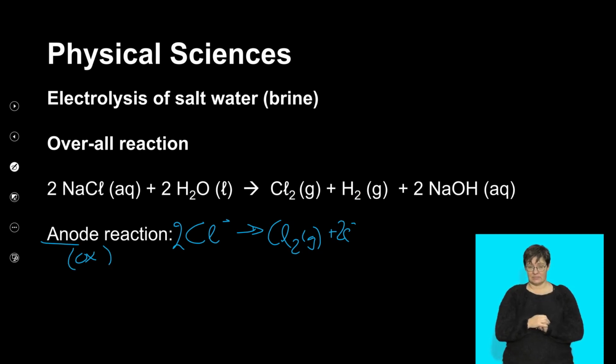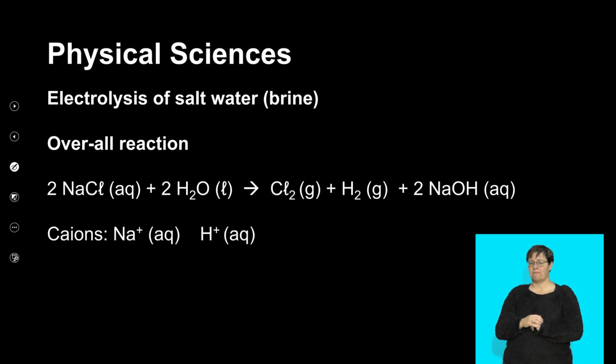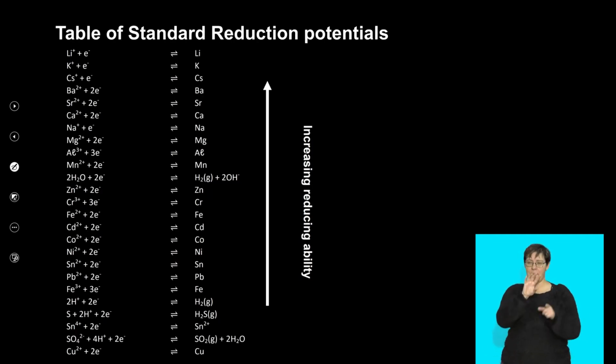Very good. Now, what about the cations in the solution? What about the cations in the solution? Let's have a look and identify the cations. So in the solution, we've got sodium ions, and we've got hydrogen ions. And if we go to the table of half reactions now, we recognize sodium ions are sitting up there. They're a very weak oxidizing agent. Weak oxidizing agent. And if we go down to this point here, we recognize that we're wanting to produce